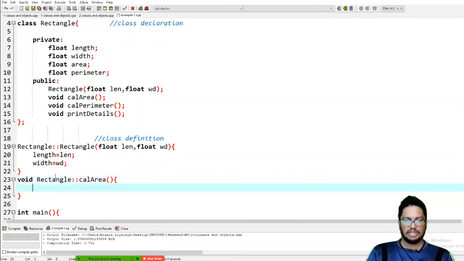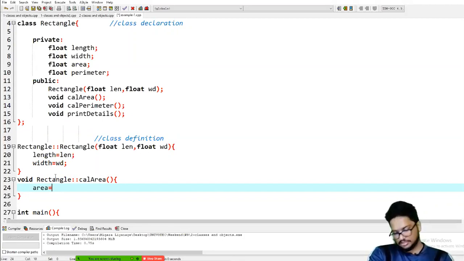Right, so how is the area calculated? From grade 2-3 knowledge, how is the area of a rectangle calculated? Yes, area equals length into width.